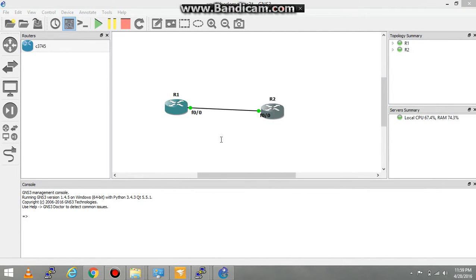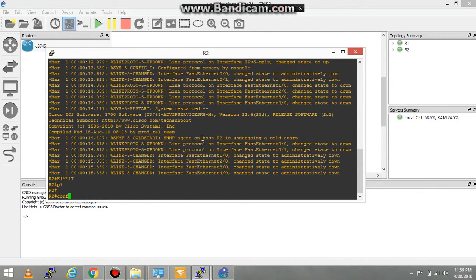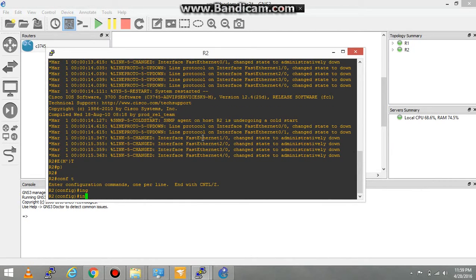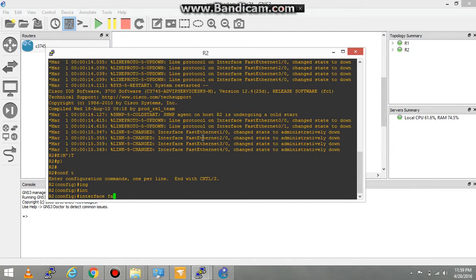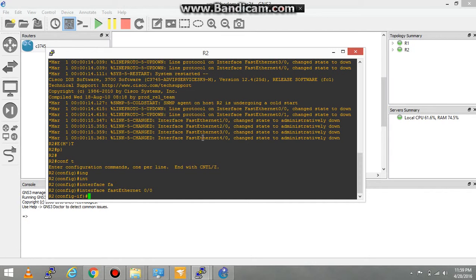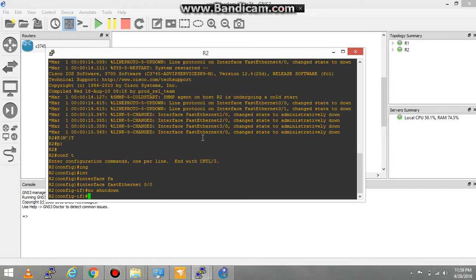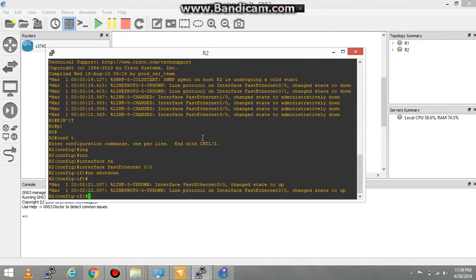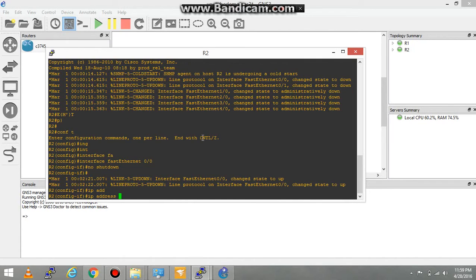Just go to the console, go to the configuration mode, interface Fast Ethernet 0/0. Now do a no shutdown command. Well, you'll see a log message saying that the interface has come up. Now configure the IP address 192.168.1.2 and the subnet mask of